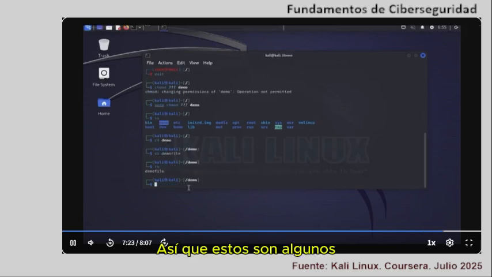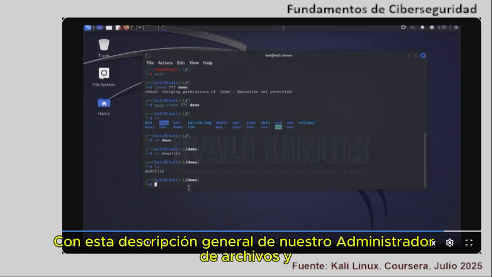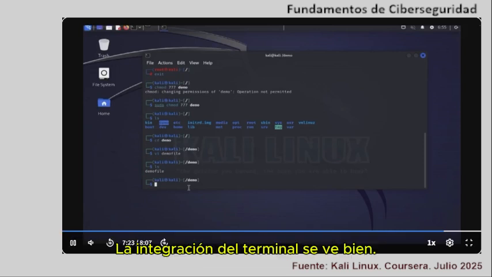So these are the few commands that we generally use on the terminal, and a bit of the concept that we have discussed around sudo and the normal user. With this, our file manager overview and the terminal integration looks good. We can also talk about tools like Nmap, Wireshark, etc., which we may be exploring